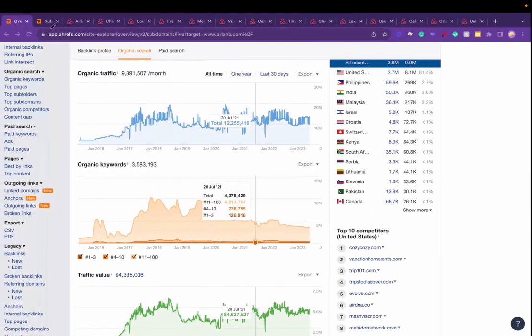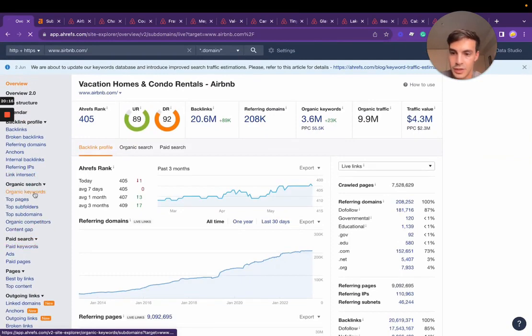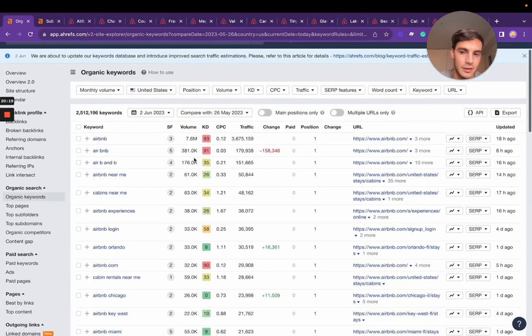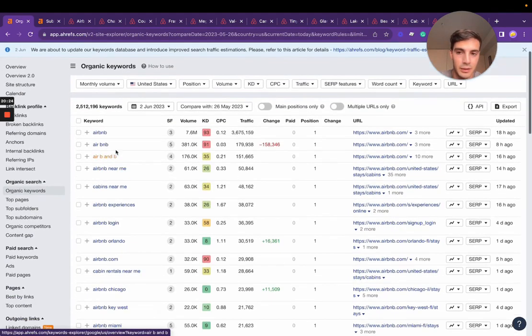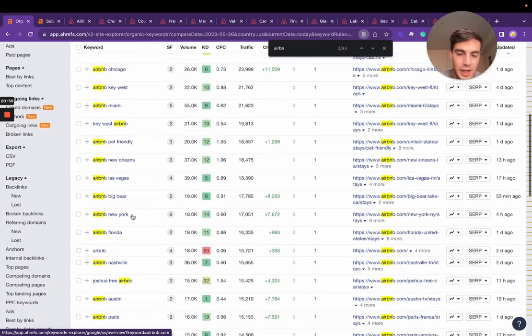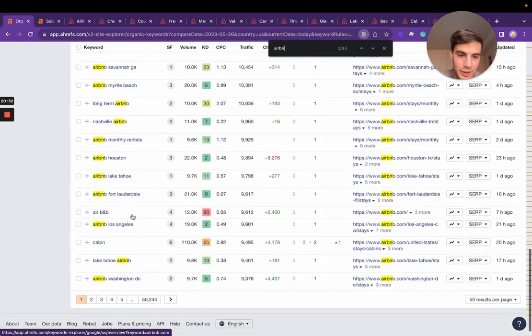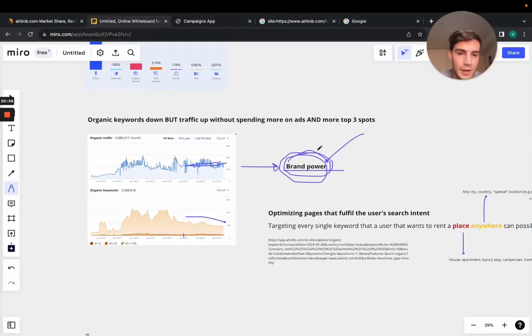keywords. If we go here, for example, to Ahrefs and go exactly to the organic keywords that they're ranking for, you're going to see, of course, that's a given, most of them are Airbnb, right? Most of the keywords that they're ranking for are Airbnb, either wrongly spelled or correctly spelled, but most of them have Airbnb in the name, right? All the keywords ranking in the top 100, the ones that get the most traffic, are keywords with the brand name in it. And this, of course, just goes to show that the power of the brand that they've built throughout the years is surpassing the power of the organic keywords, for example,